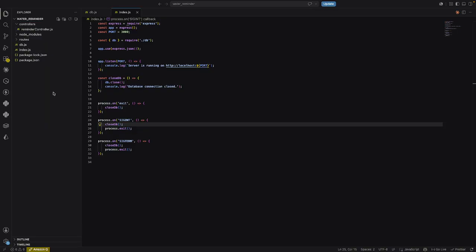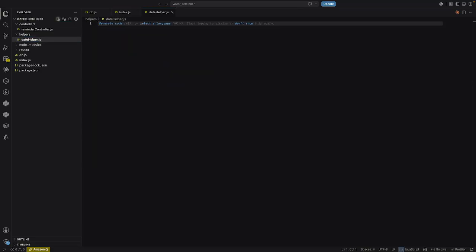I will now create a new folder, which will be the helpers, and this will actually have only one file, which we will be calling the dateHelper.js. The reason for that is that since we are working with time in this project, we need to have a function that can return the date with the correct format. So what I'm going to do is define this function. We will call it, for example, the date